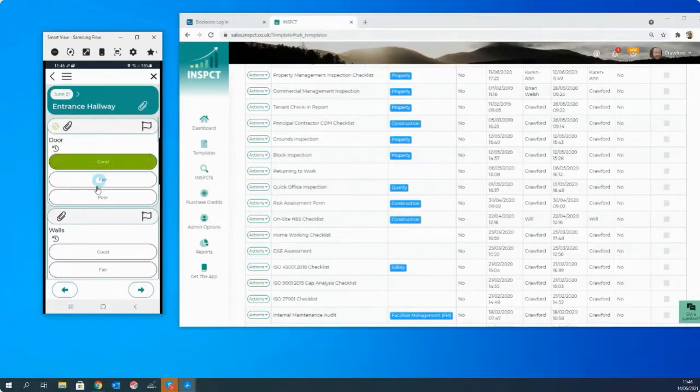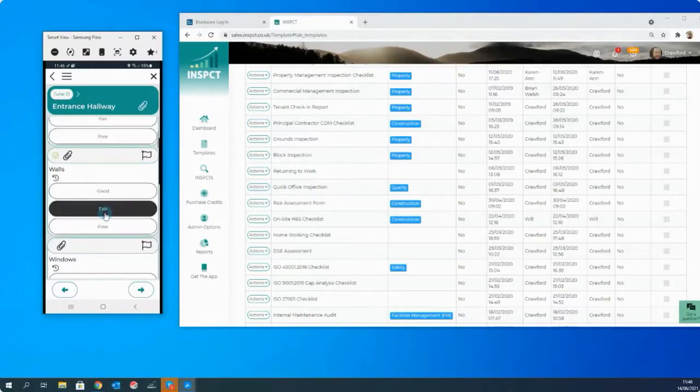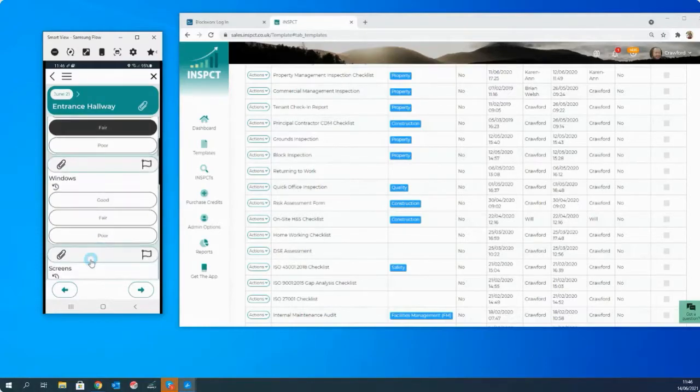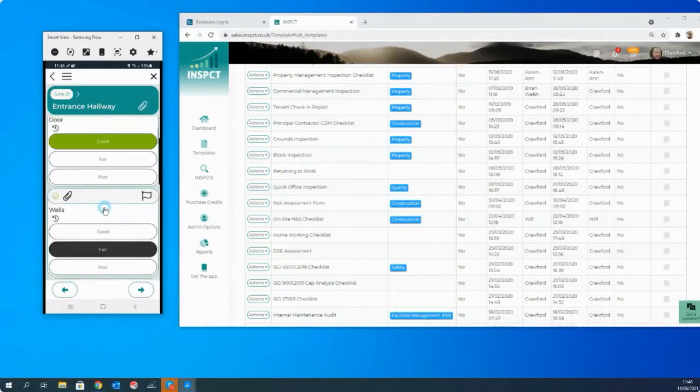Once you're in the app, you can click on good, you can click on fair for a different question, and for the windows in this particular example, I'll say they're poor. The colours for the responses to the questions you can pick yourself. You could also choose, if you wish, to be able to score these or not. The colours are not mandatory. The colours are simply there as an add-on if you wish to give a visual representation to people, and then